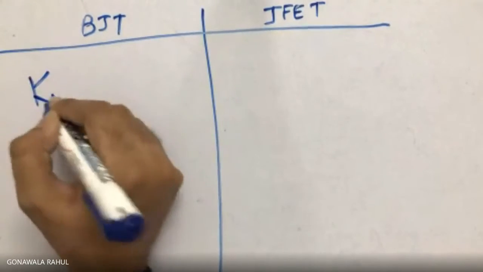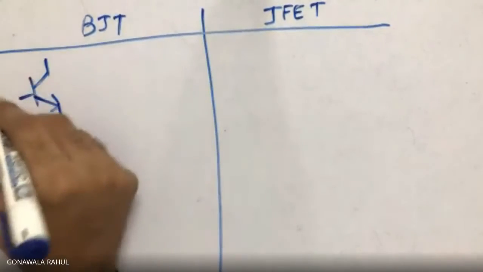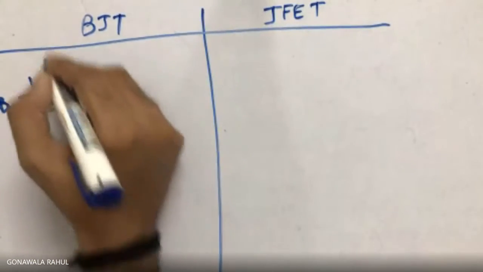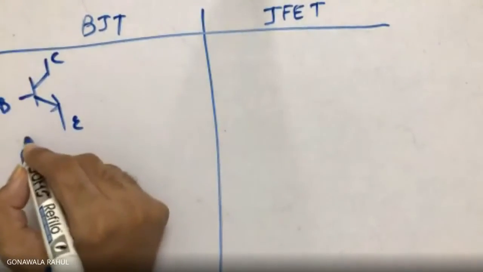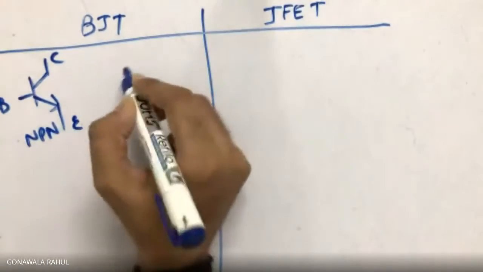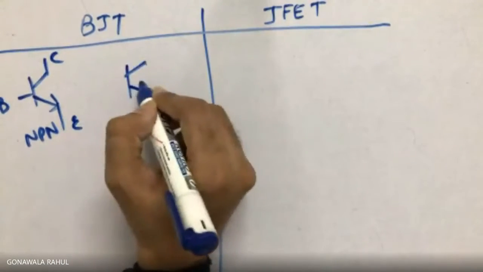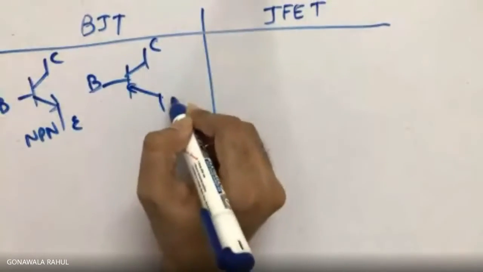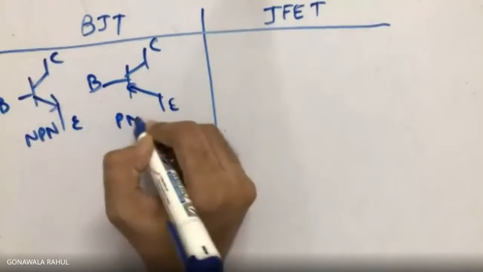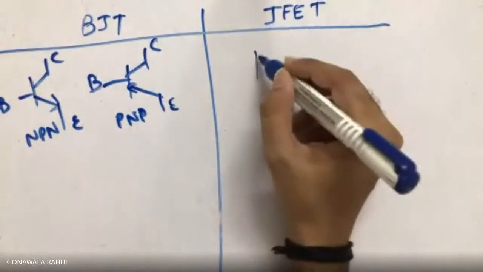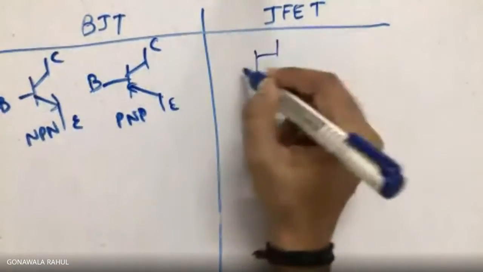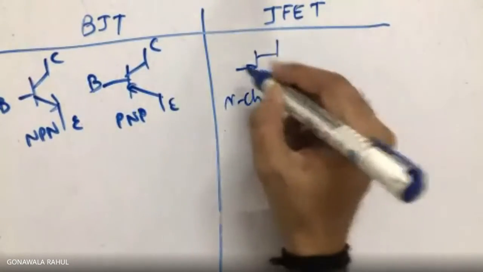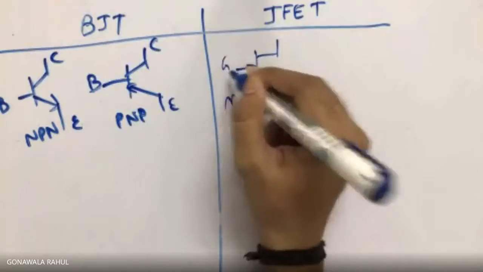This is base, emitter, collector, so this is NPN transistor, and similarly this is our PNP transistor. Similarly, here we have seen this is N channel JFET, where this is gate,